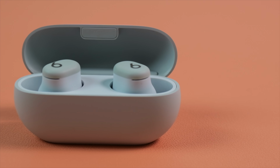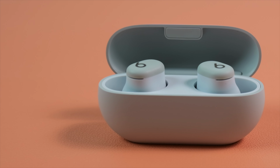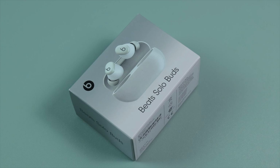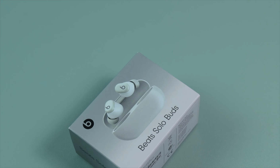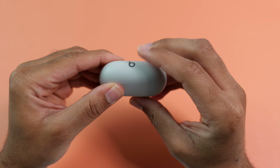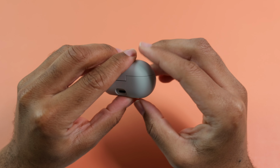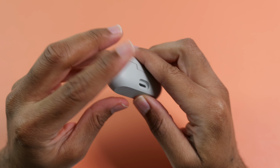And despite their compact size, these little earbuds do pack quite a punch in this department, with a custom-built acoustic architecture that is specifically tuned for music. They feature dual layer drivers that are aimed at minimizing inaccuracies and distortion, and the drivers themselves are positioned parallel